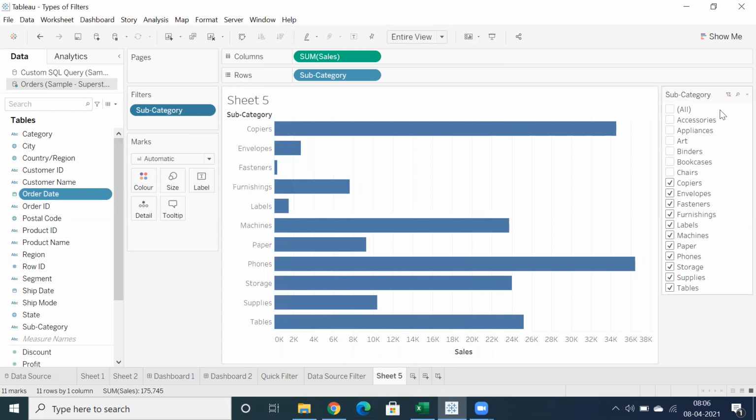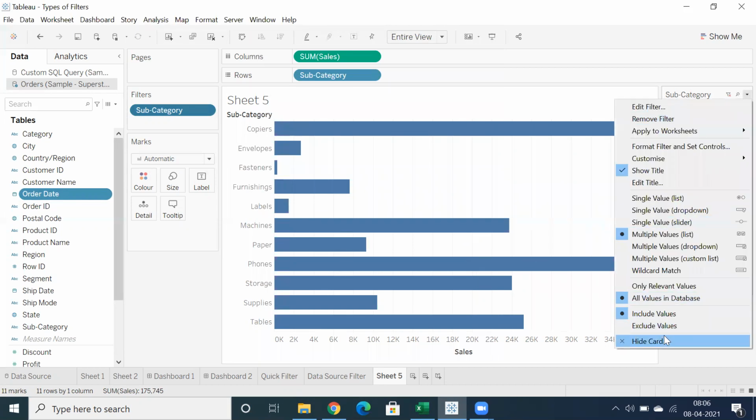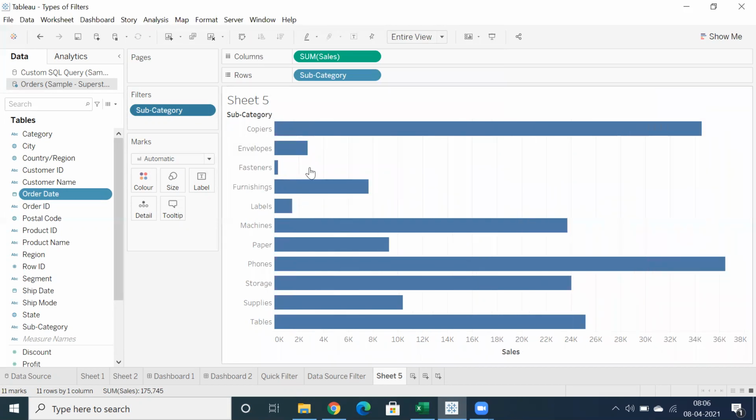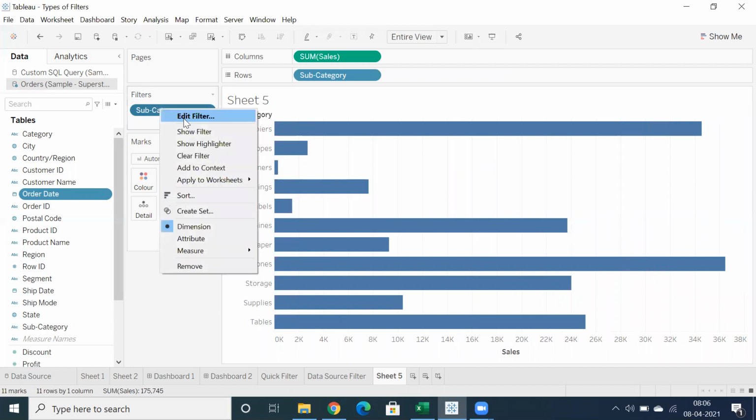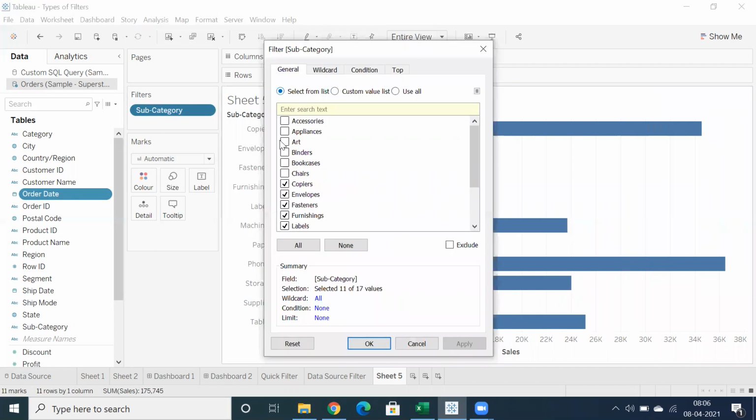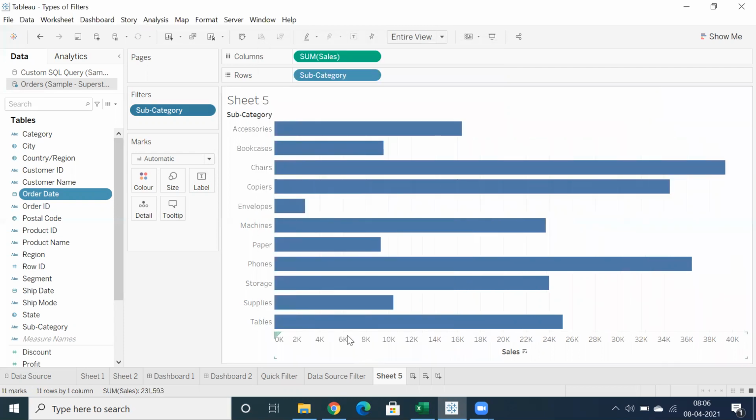If you don't want to showcase it as a quick filter, you can hide it. You can filter out unwanted data. You can go to general and select some part of data and unselect some part of data. Got it, right? Mostly we'll use quick filter, but if you don't want to use it as a quick filter, you can also select a static filter.